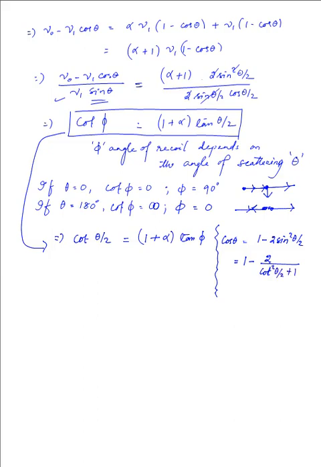Cosec square theta is equal to cot square theta plus 1. So we have cos theta to be equal to,